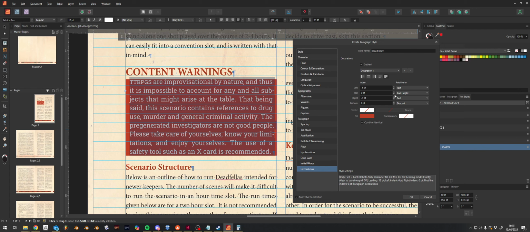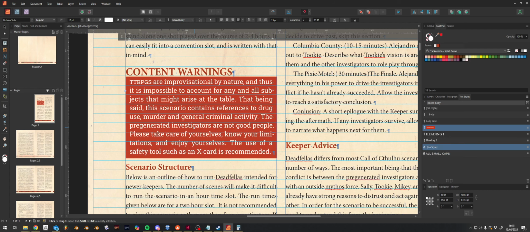Top and bottom we want that's fine. Combine identical we want ticked, so we'll OK that. We'll apply it,